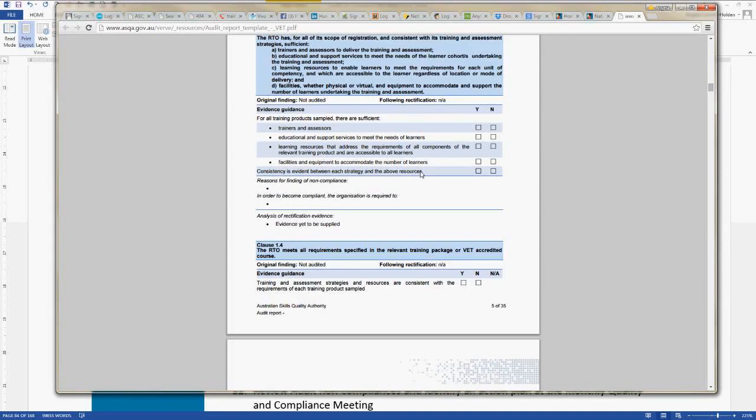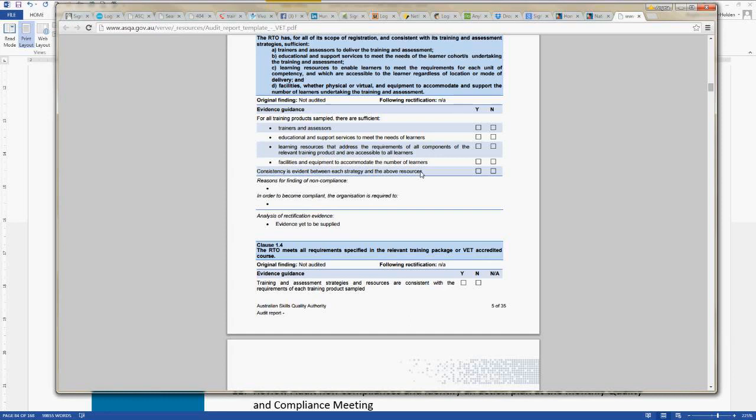And we strongly recommend we do this for our clients. And as I said, it's a bargain for all of our clients. It's $1,500 for a one-day audit if we come in and do a one-day audit. If you have a lot of qualifications on your scope, you'll most likely have to do a two-day, which is a bit more money. But if you've only got up to 5 qualifications on your scope, we'll come in and do a one-day audit. On average, it takes us about an hour to audit each unit of competency.